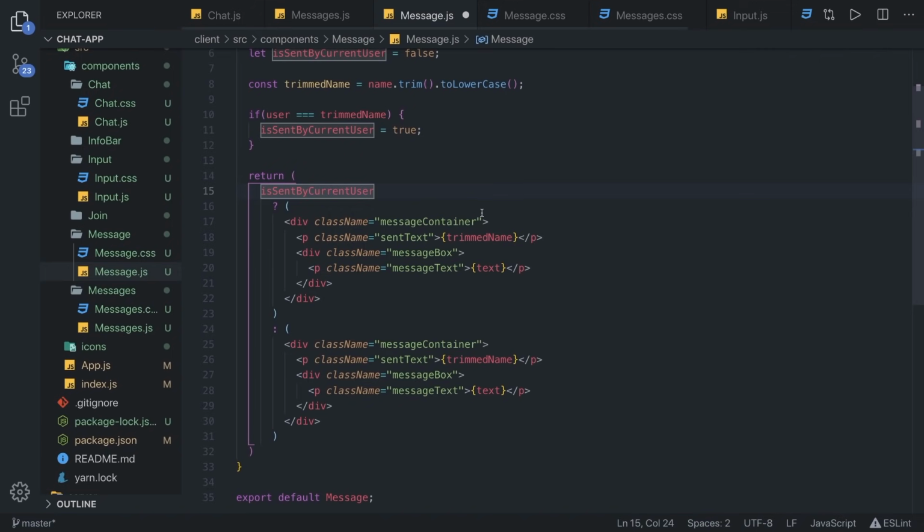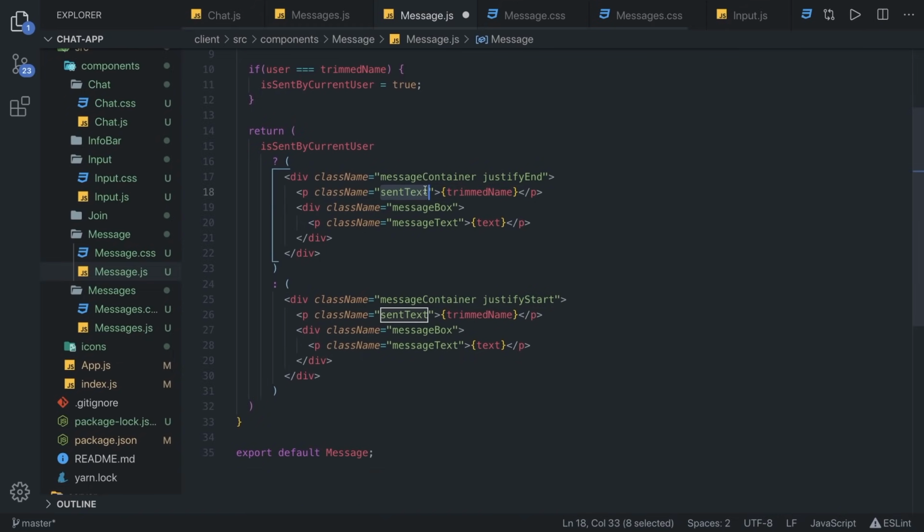So if the message is sent by the current user, we are going to add class justify end. And if it's sent by not the current user, we are going to add class justify start. Also, next to the sent text, we are going to add some padding right 10 right here. And in here, we are going to add background blue. In here, we are going to have background light, simple as that. And inside of the paragraph, we are going to have color white,